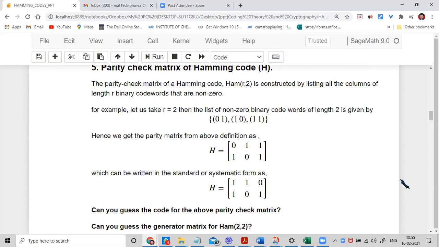Please cooperate with us. Whatever you know about the parity check matrix, please tell us. Karnika, go ahead. The formula for the parity check matrix is H equals minus A transpose augmented with I. Here minus A transpose is 1 1, and since it's binary, minus 1 and 1 are equal. So from here we can check what G is, and I think the code would be 0 0 and 1 1 1.